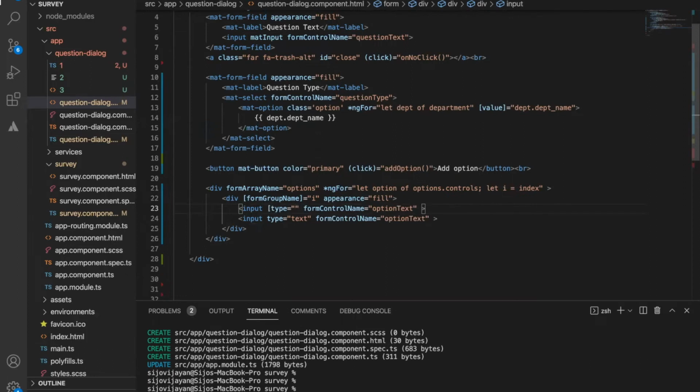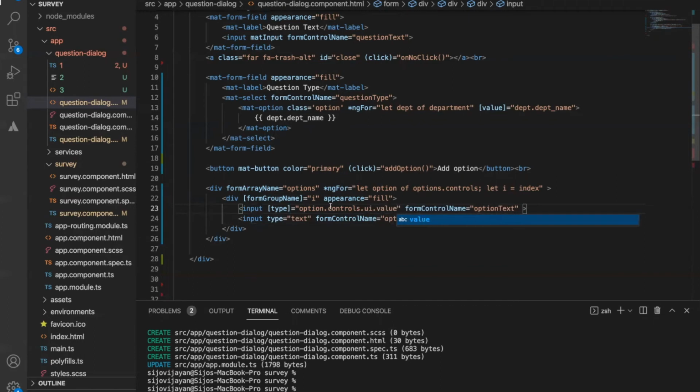In order to make this dynamic, we need to put a square bracket for this, and here we can pass some value. So the value should be like, let's see, options dot, oh no, it's option. Option dot controls dot, the control name is UI, right?